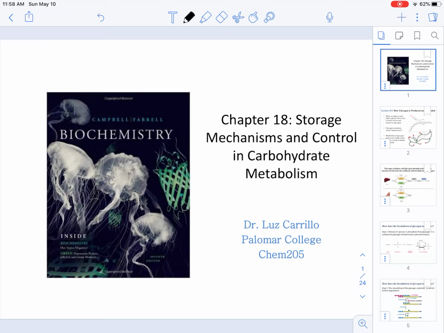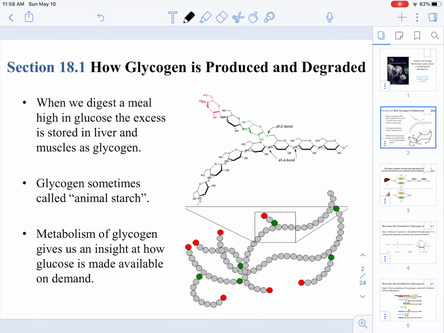In this video, we are going to be covering the topics in Chapter 18, which include storage mechanism and control in carbohydrate metabolism. So in this section, we are going to be learning about how glucose molecules are stored in the body and how the biomolecule that we use for storage is then utilized in order to produce glucose under various cellular or environmental conditions. So, understand that when we digest a meal that is high in glucose, that excess glucose needs